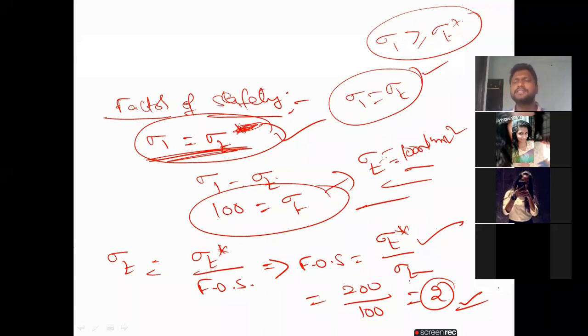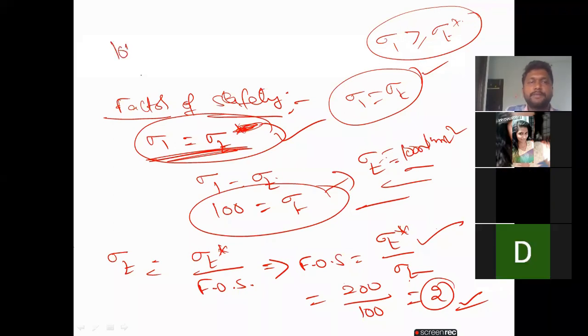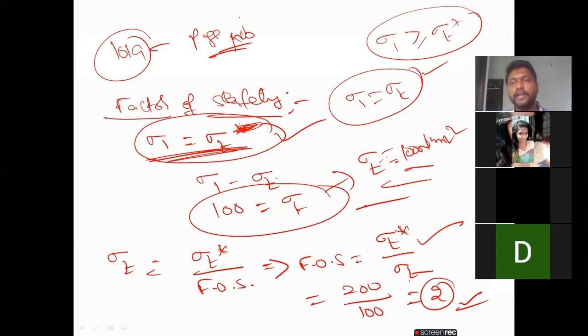So my dear students, it is a very easy one. You have to think about this once. If you open the R.K. Bansal textbook, in chapter 1019, page number 1019, note down that all the problems regarding the principal stress theory are there. This one is a very easy one.